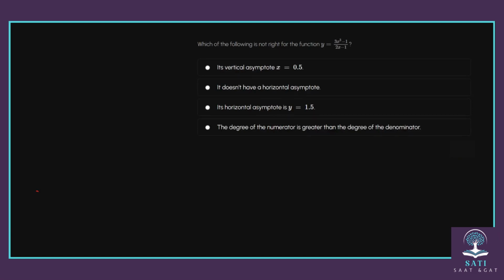Which of the following is not right for the function here? Vertical asymptote, horizontal asymptote. Okay, they are talking about vertical asymptote and horizontal asymptote. Good. And as we know, the function has a vertical asymptote always. The function has a vertical asymptote that is x equal, because it is a vertical line,